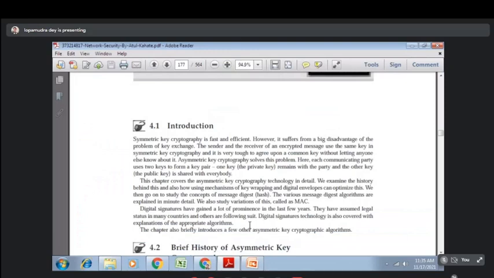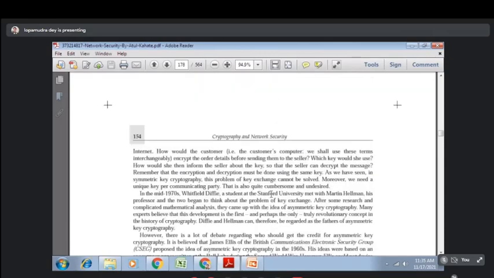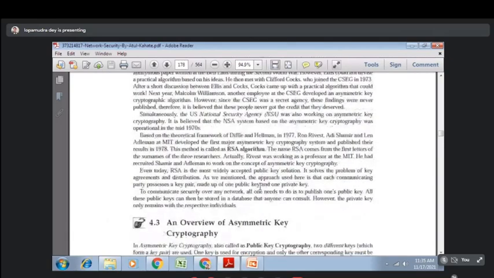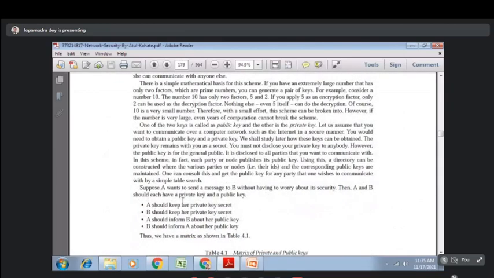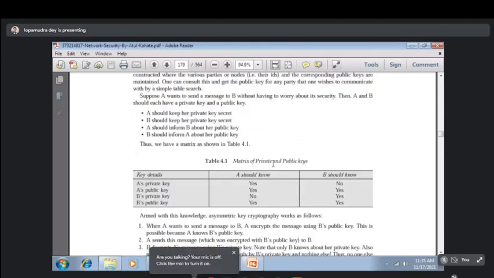Now, what is the advantage of asymmetric key cryptography? Symmetric key cryptography is fast and efficient, but the problem is key sharing. To handle the problem of key sharing, asymmetric key cryptography came. There is a lot of history around it, which you can get from here. The two different keys, these things that I discussed are mentioned here over and over: a public key and a private key. Public key you will share, private key you won't share. Public key will be used for encryption, private key will be used for decryption.